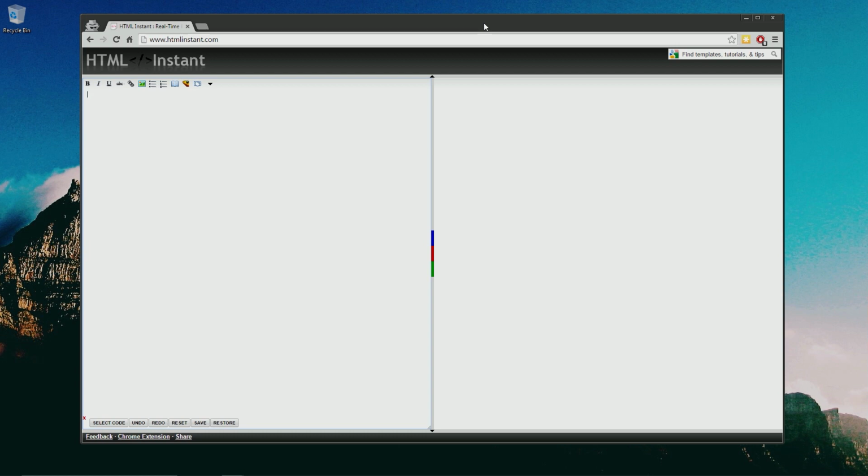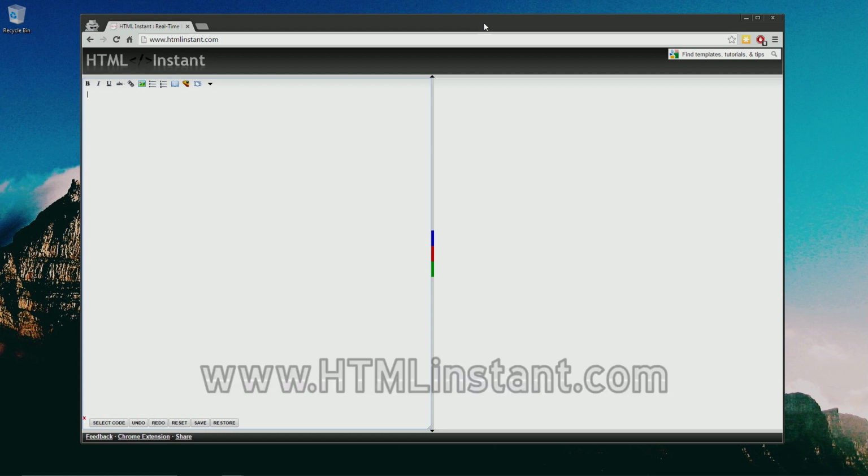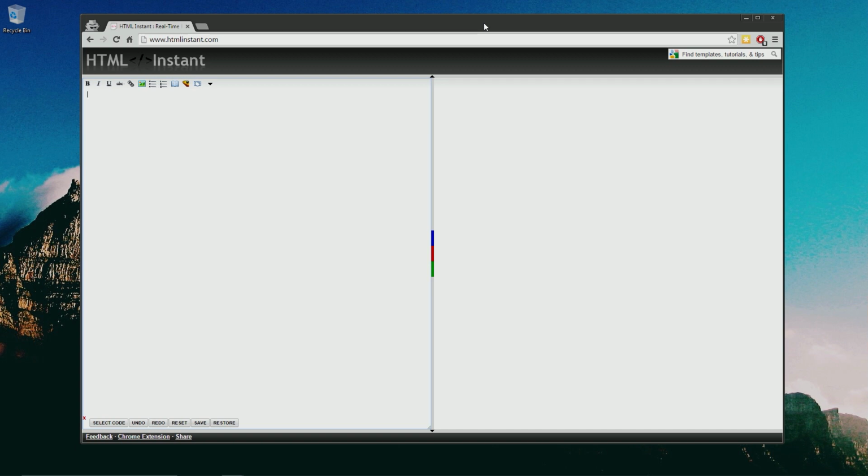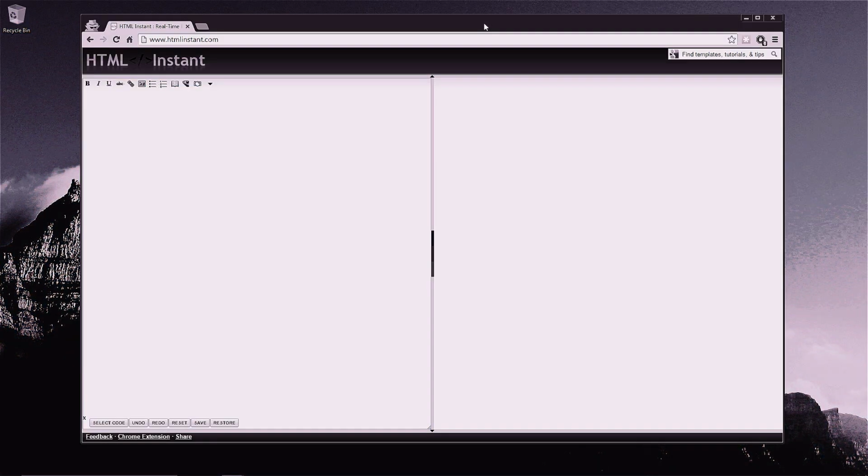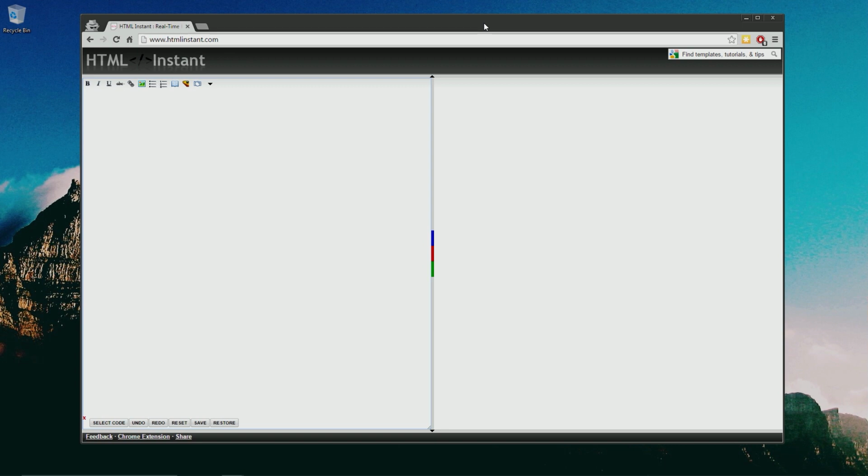So here we are at www.htmlinstant.com, where we can actually code and watch the updates happen in real time. This thing is amazing. Now, right off the bat, I'm going to mention that I'm going to be referencing the know-all, be-all guide for HTML and CSS, which, by the way, are the two most common web development coding languages of pretty much all time. So I'm going to be referencing the documentation for these two coding languages from the organization that conceived them in the first place, and this website is